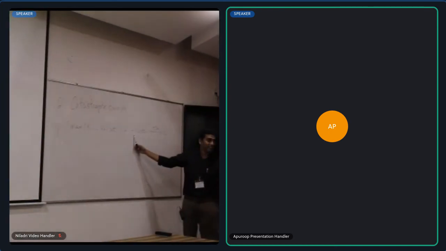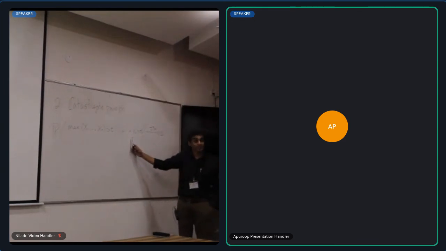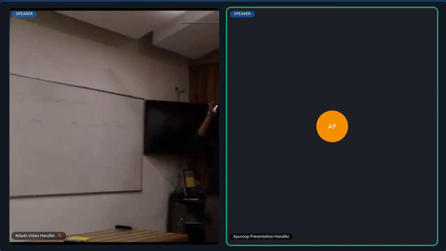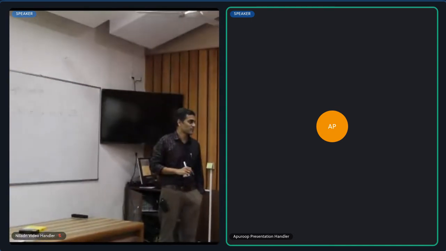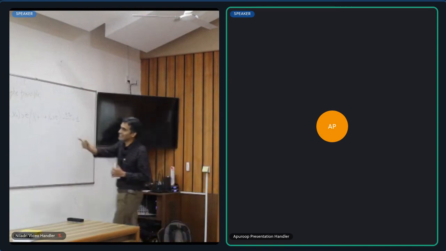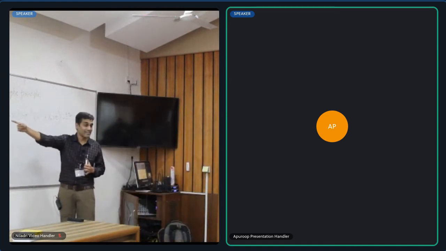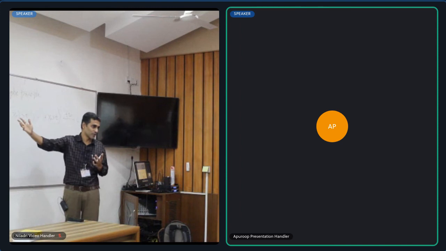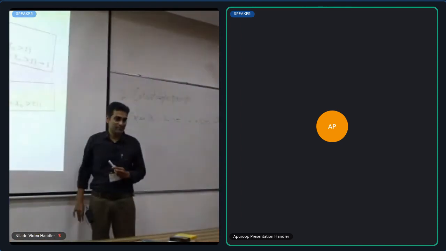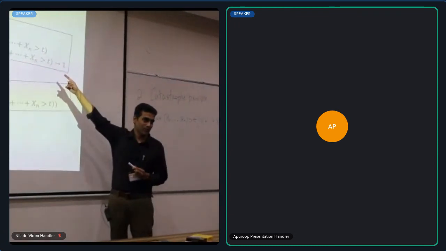Given that the sum is large, the probability that the max is comparable to the sum goes to 0 as t grows. When that happens, we can say that there is some sort of a consequence. Not really. I know that this is a weaker way of stating. I'm not telling you that everybody is contributing roughly equally and so on, right? So it's weaker, but at least it is in contrast with what I have. So that's really what we are going to be talking about.